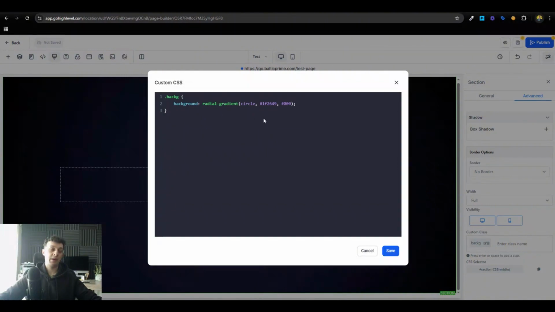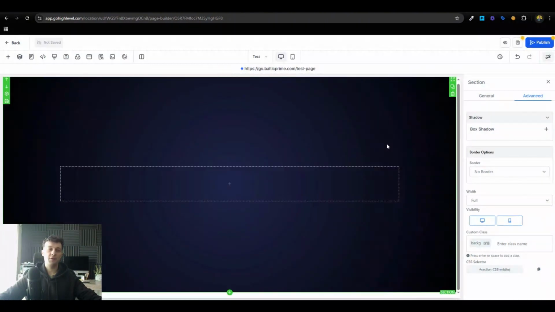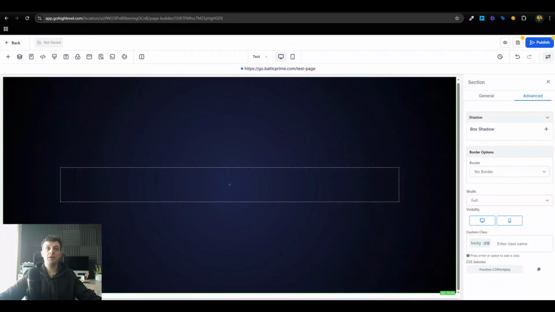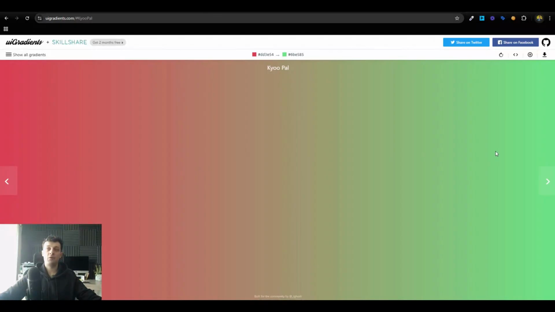Radial gradients for backgrounds, and it just looks nicer for backgrounds in my opinion. I like to use linear backgrounds for buttons or headlines, but it doesn't really matter. I will still be able to get my point across with this one. So I will select this value, and this will be my middle value,